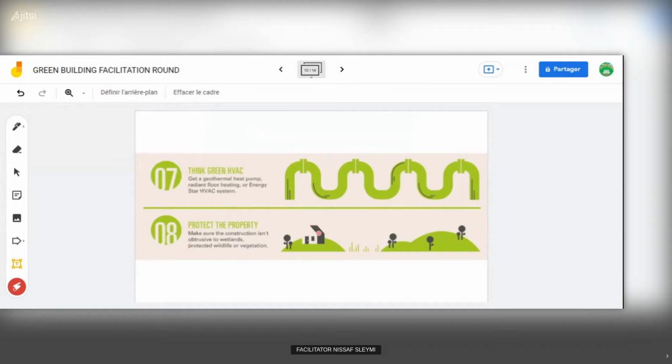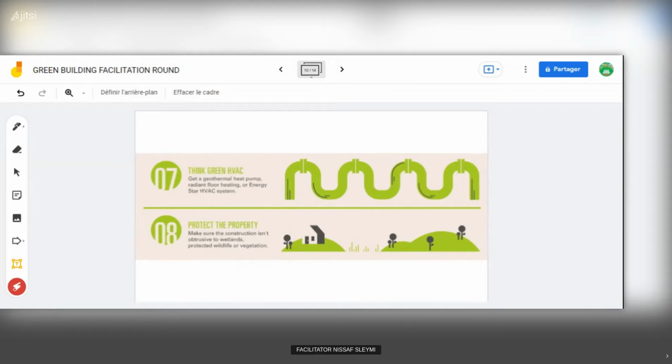Step number 8 is to protect the property. Many people don't talk about protecting property. Why? They think it's kind of not useful. But in construction, it's very important to ensure